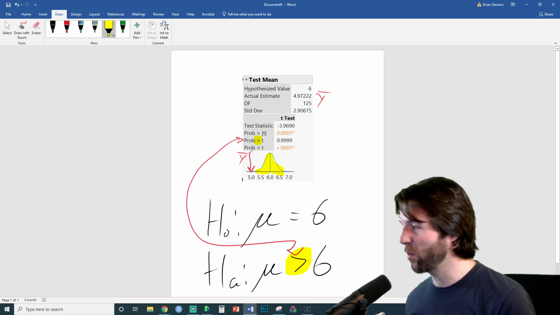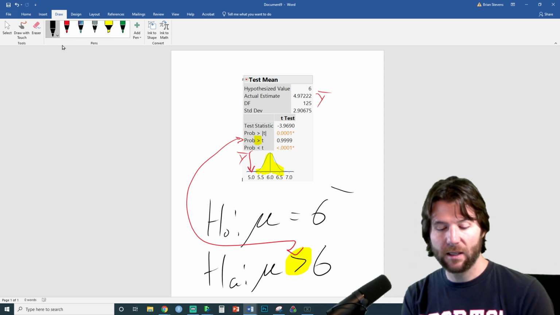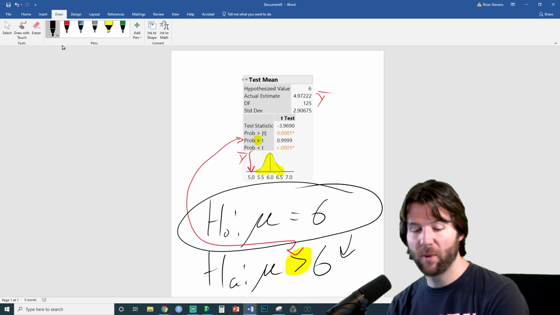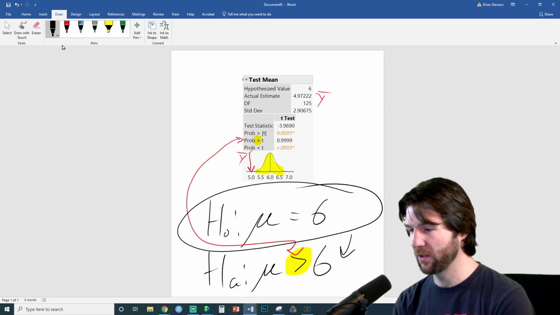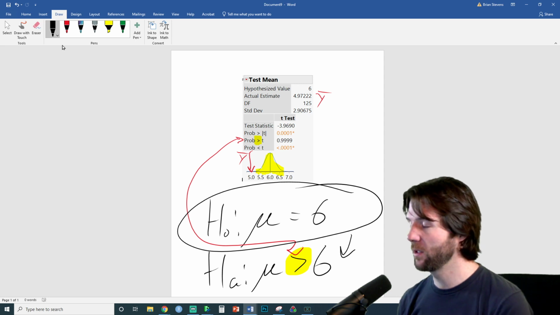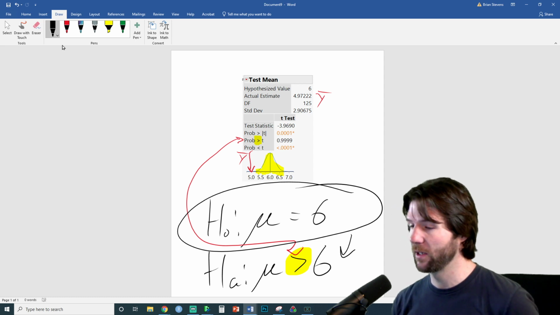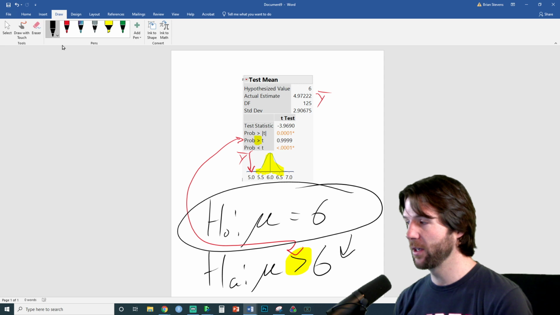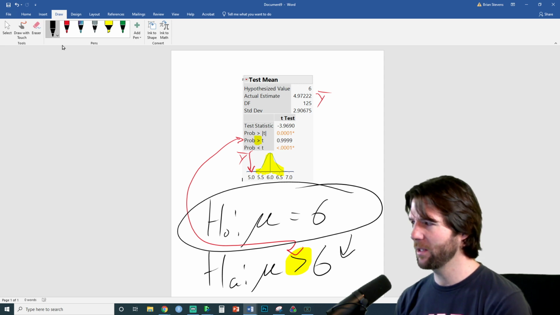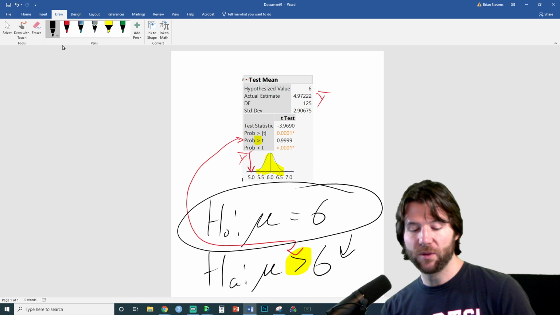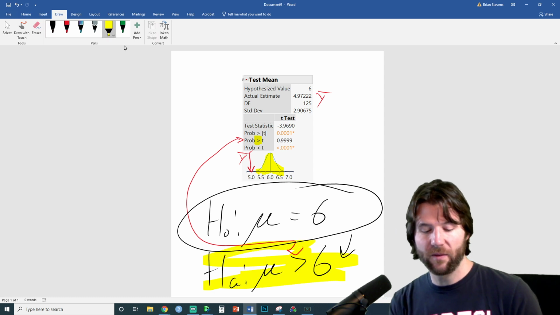And in this instance, this fake problem I made up right here, I would say that I do not reject the null. I do not have evidence that the tip that people are giving for card is on average greater than $6. I do not have evidence for the alternative that the tip that people give for card is greater than $6. That's a key thing right there. We failed to find evidence for the alternative that the tip for card is greater than $6. I do not reject the null that the mean tip for card is equal to $6. So it seems to me like we can't say that people tip more than $6 on average for cards. That's what we're getting at. We do not have evidence for this down here, because if the p-value is low, we'd have evidence for it.